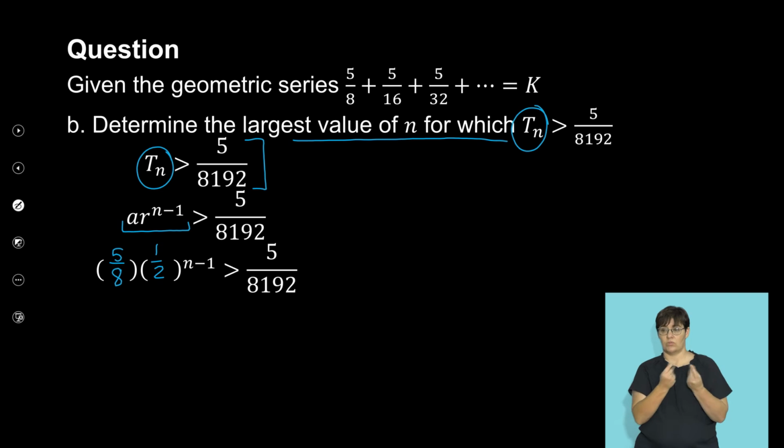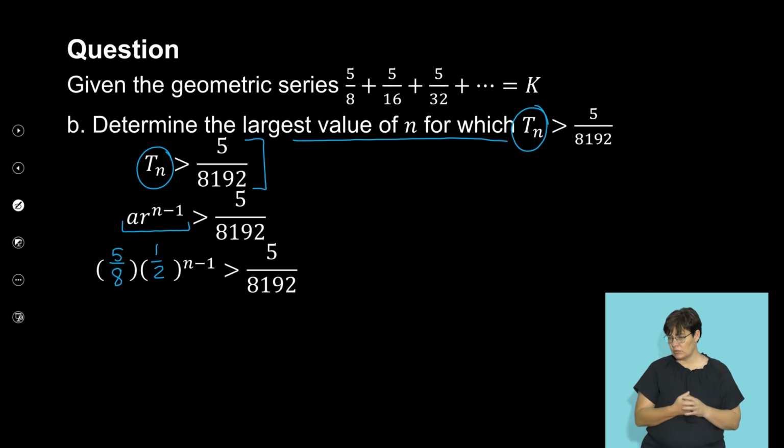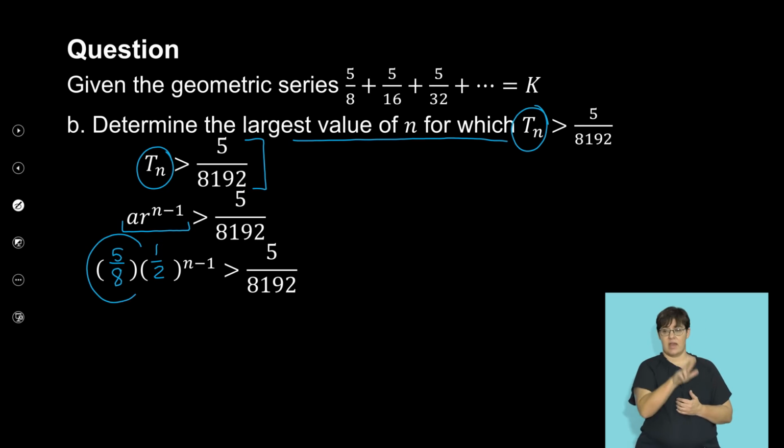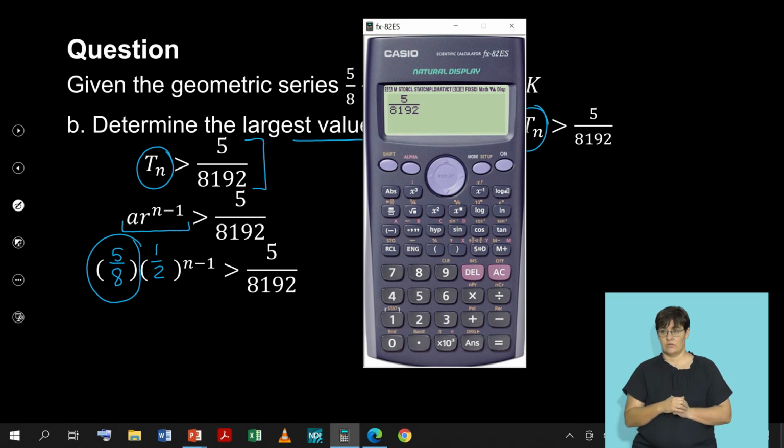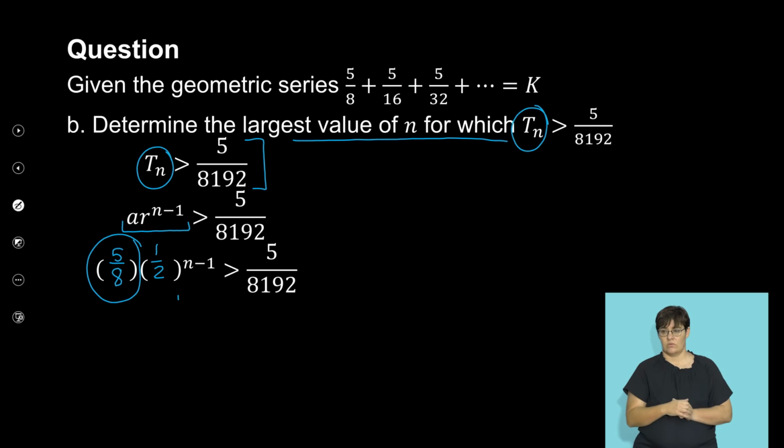And my ratio, which we discussed on the previous slide, is a half. So I'm now going to solve this inequality. But to do that, I'm first going to have to get rid of the 5 over 8 because I'm working to isolate my n. So first, let's get our calculator. And I'm going to say 5 over 8192 divided by 5 over 8 is equal to 1 over 1024. So 1 over